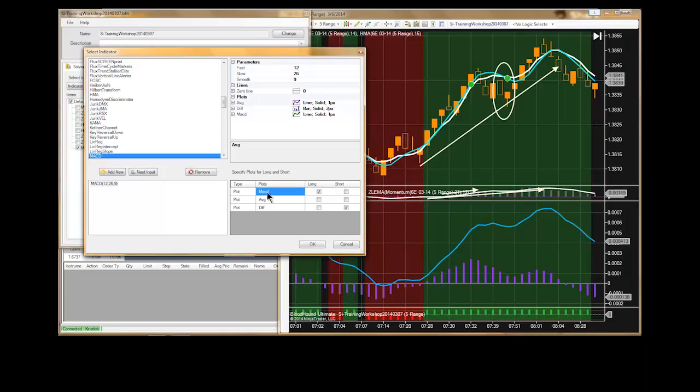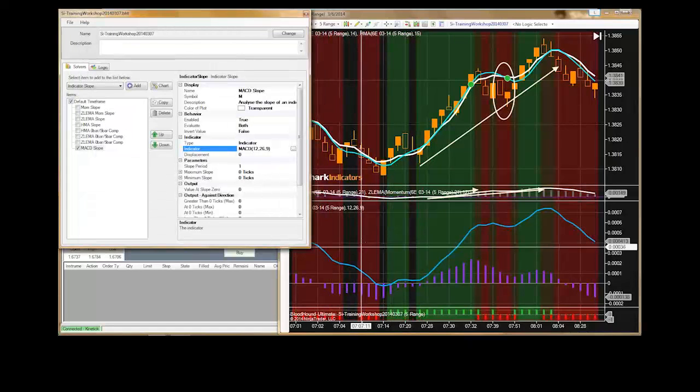So I can use the MACD line to calculate the long output of the solver. And I could use the difference plot to calculate the short output of that solver. So when I click OK,